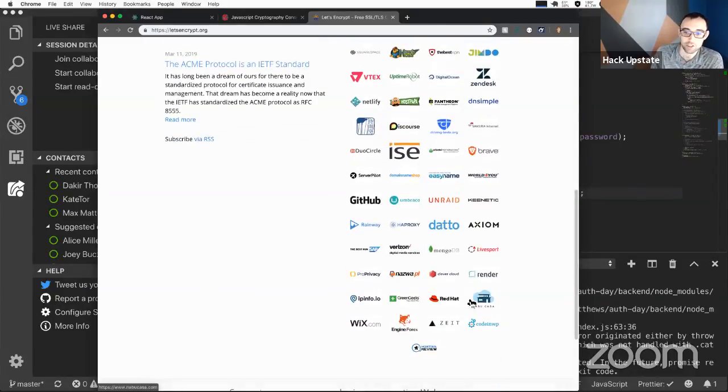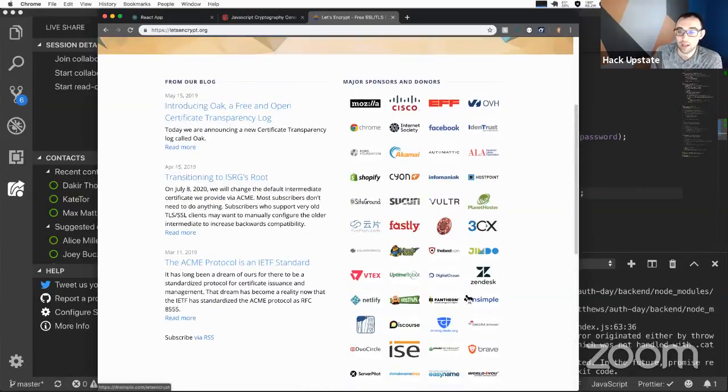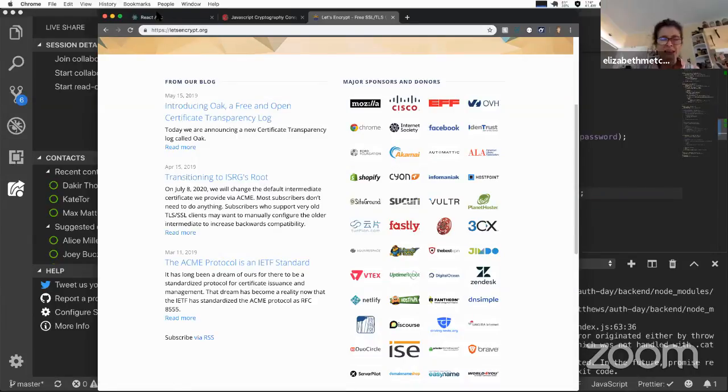There are a bunch of different companies that got on board and said, we will make it easy for you to not only get a certificate from Let's Encrypt, but install it and set up your site to serve over HTTPS. And as soon as SSL certificates became free, it became much more popular to use them. Okay. Now